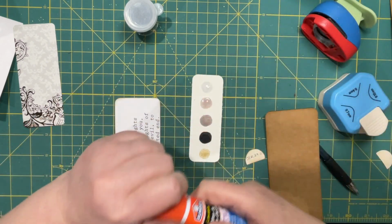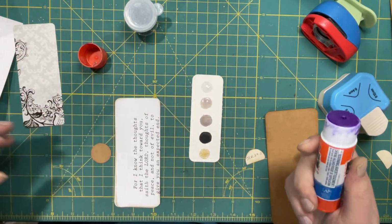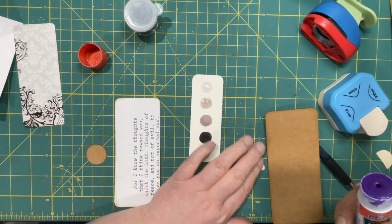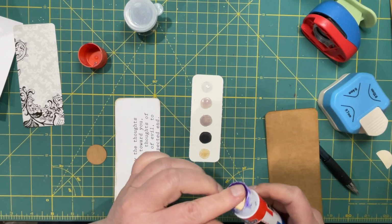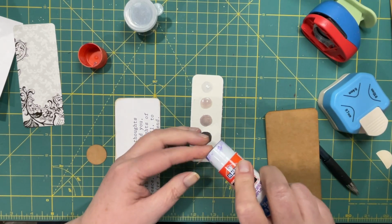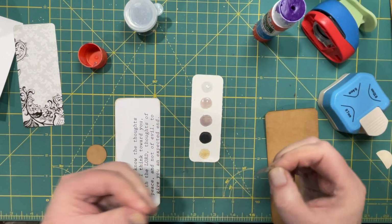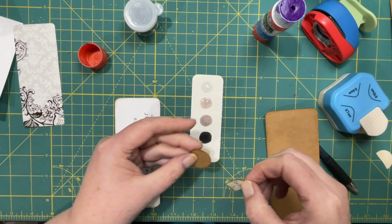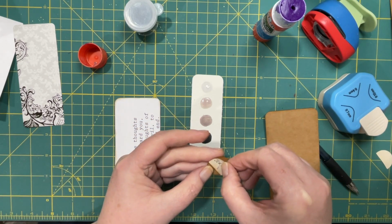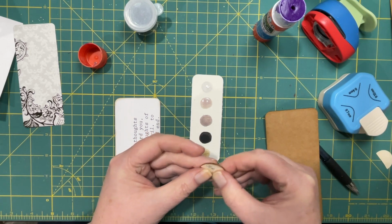Alright, so then a little bit of glue. Doesn't have to be this kind. It's kind of messy actually. Today it is. So I'll just smear that on there. The purple stuff I found is great right up until it dries, and then if it's not already stuck on your... Oh,